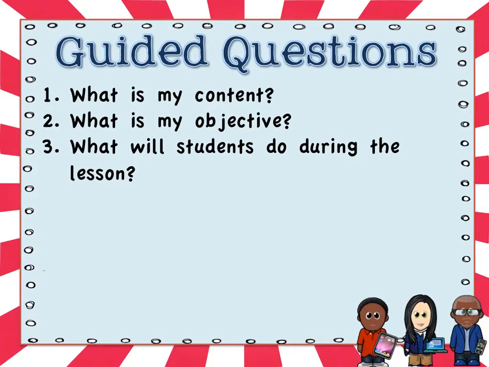So the next thing I want to do is think through the objective of what the students are going to be doing with that content. Now, if you are in a different type of course, you might look at a specific skill instead of looking at the content first. The third question, what will students do during the lesson, is really sort of about that